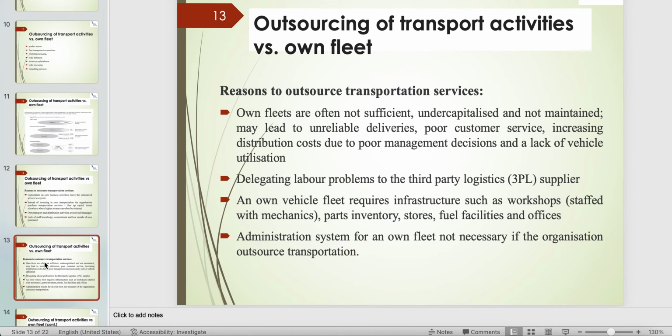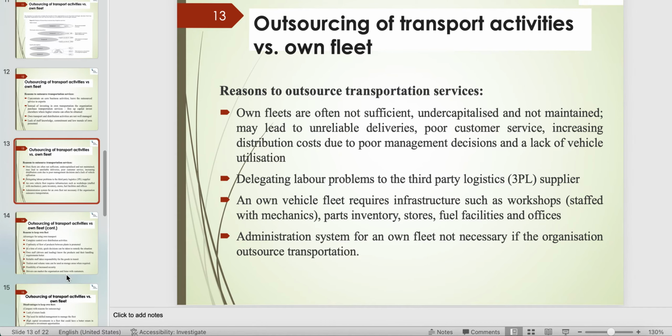But if the companies feel that owning their own transportation is viable, and that is only possible if you have a smaller company, or you are an entrepreneur, you can have your own logistics, you can manage your core business and look after the logistics. Otherwise, you are not going to look after the infrastructure of your own vehicles, you are not going to look at the administration system. All of that is handed to the third party logistics provider.